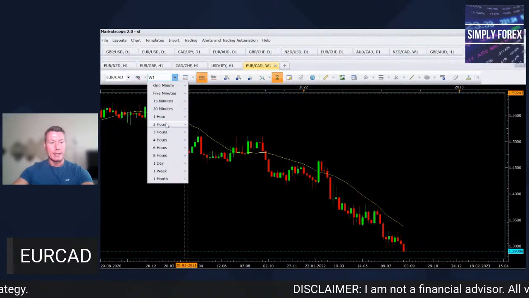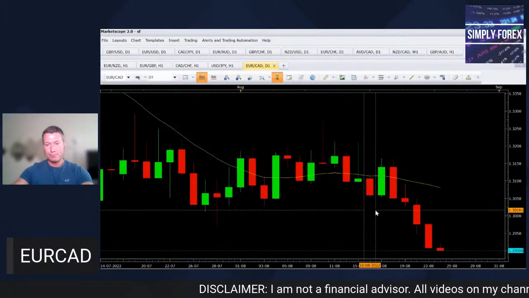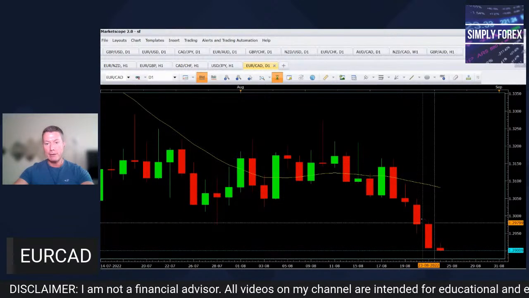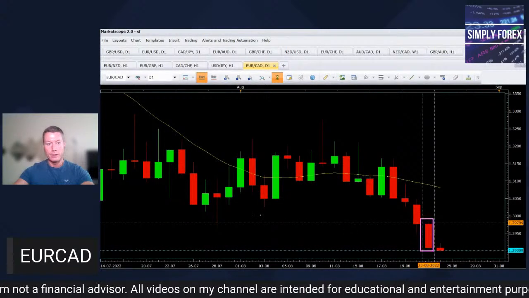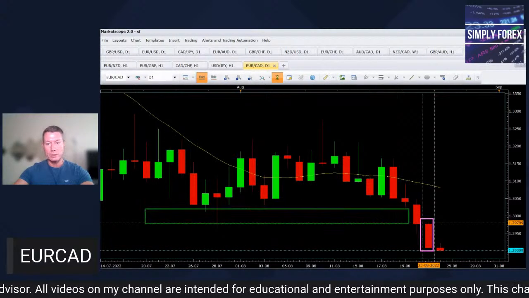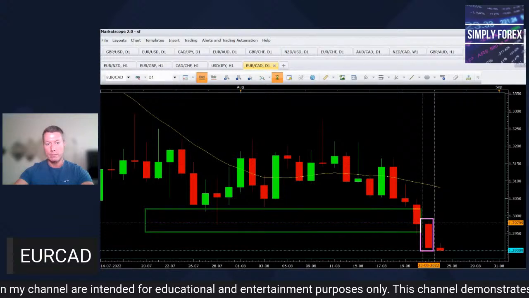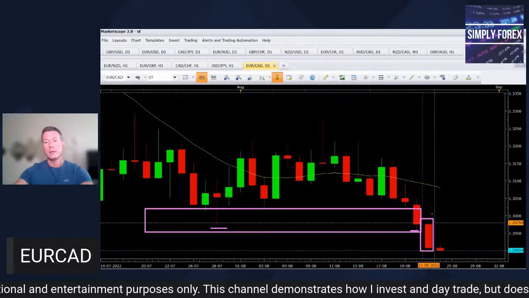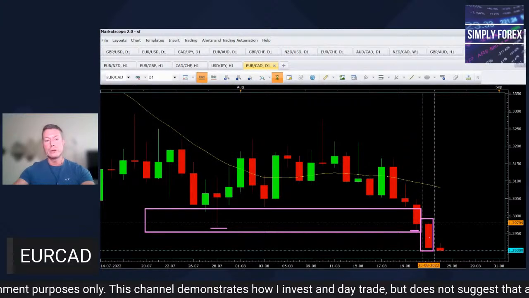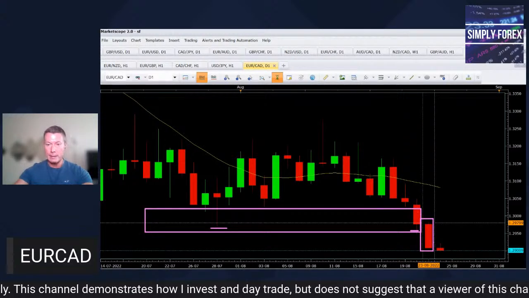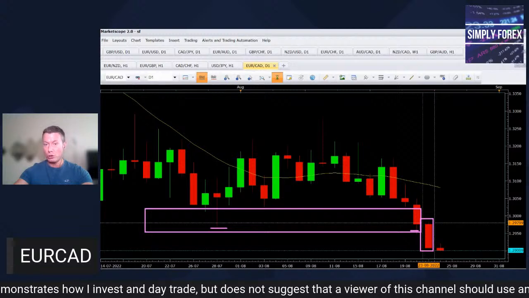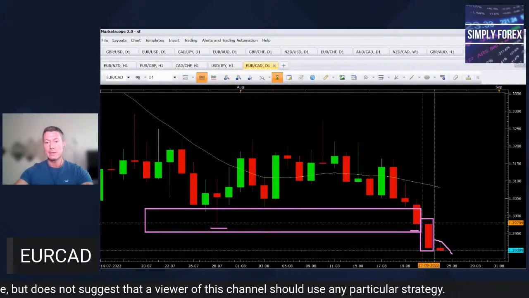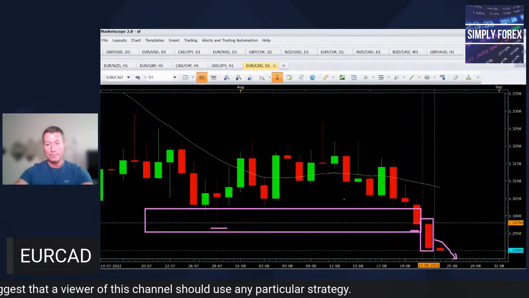But let's look at the day chart. Okay. But we have this very large bearish candle. That has broken all of these lows here, even that low there. It's broken this low and even this low. So it has broken these lows, which tells me the fact it's in a downward structure, and this very bearish candle is just telling me that sellers are still in control and we could come lower.